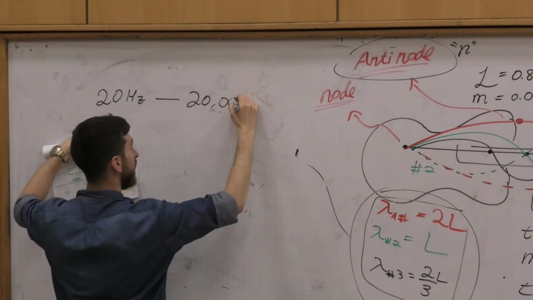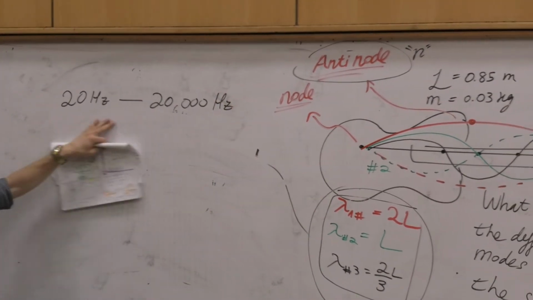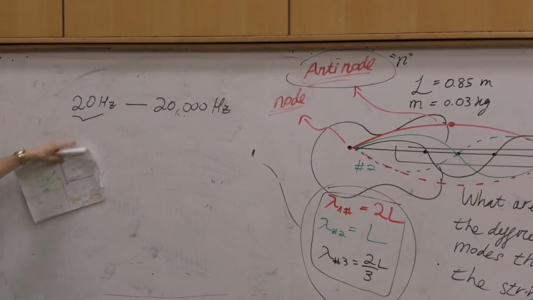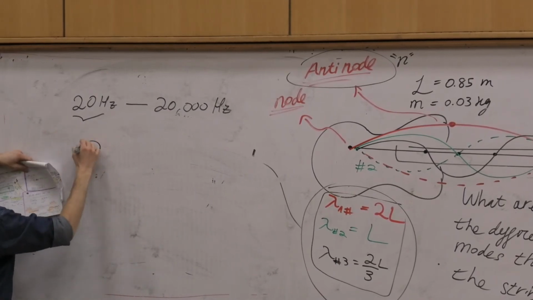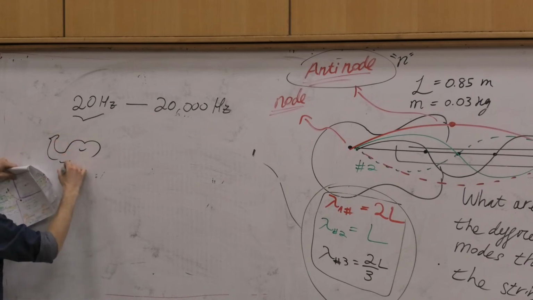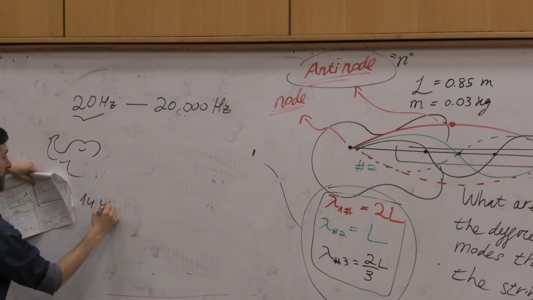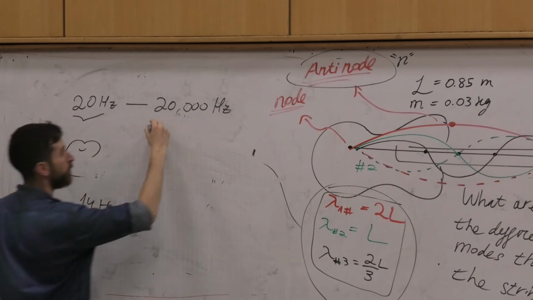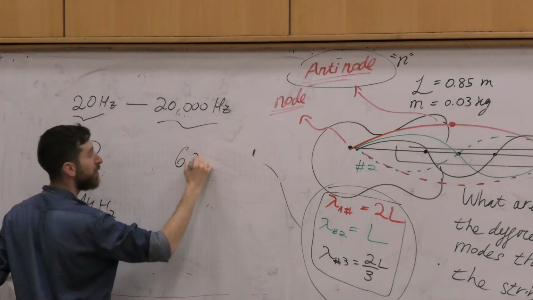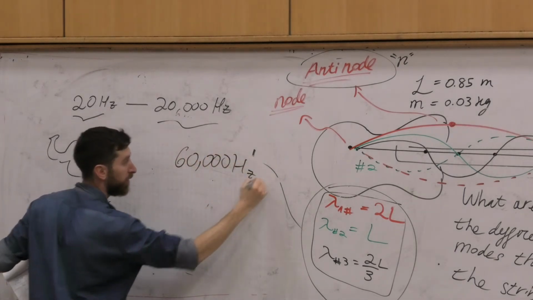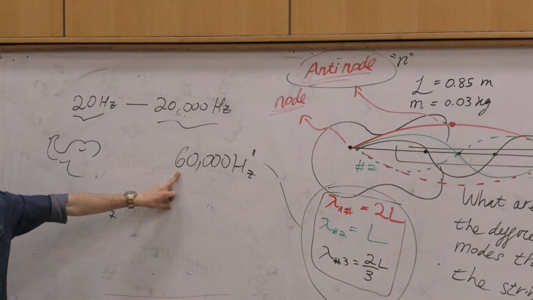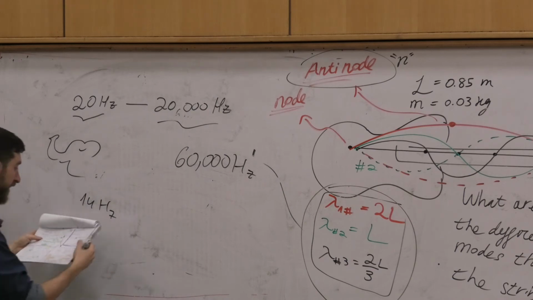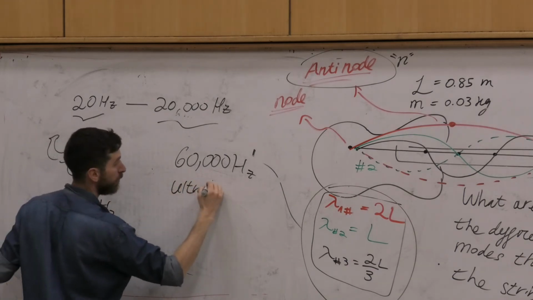Let's add the zeros to be more dramatic, right? And you know that below 20 hertz it's really hard to hear, but elephants can do it. Elephants can actually hear even 14 hertz, which is insane. And this is called infrasound. They can hear below what we hear. And dogs can hear a crazy world. They can hear 60,000 hertz, which is 3 times more than us. They have a zoo of sounds that we cannot hear, right? And this is called ultrasound.